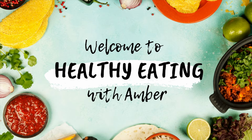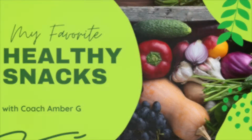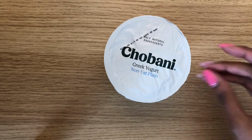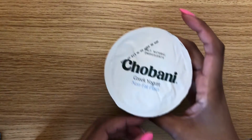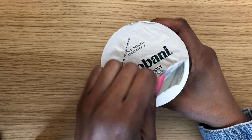Today I'm going to be sharing with you some of my favorite snacks. Let's go. So for the first snack, you'll need a packet of ranch dip mix and one Greek yogurt, okay? Just this small, I believe it's about 5-ounce container will work for this. And once you get your yogurt open, you're going to take